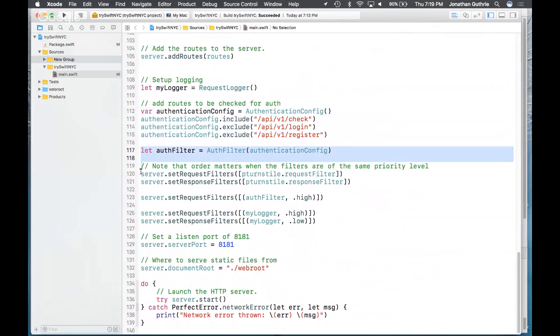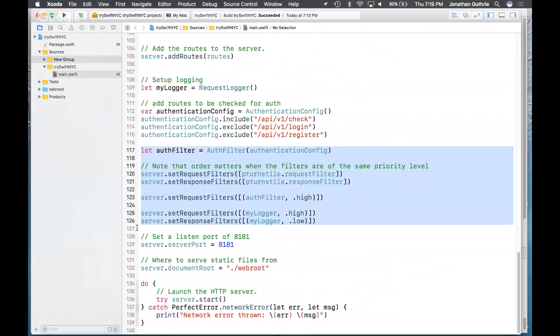So Perfect doesn't have the concept of middleware. It actually has the concept of filters. So it's a different way of looking at how to process changes or checks, etc. So a request filter happens before the handler gets to it.